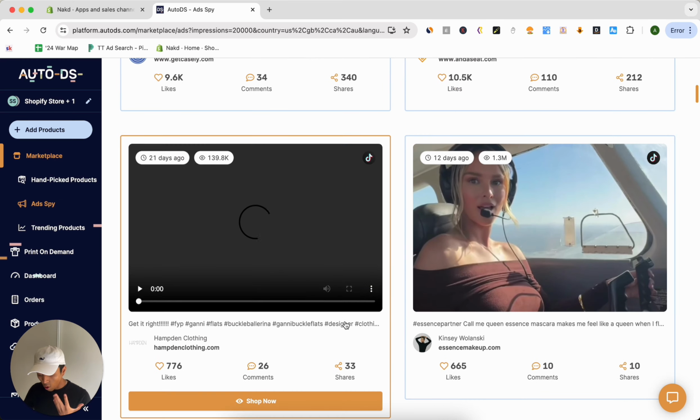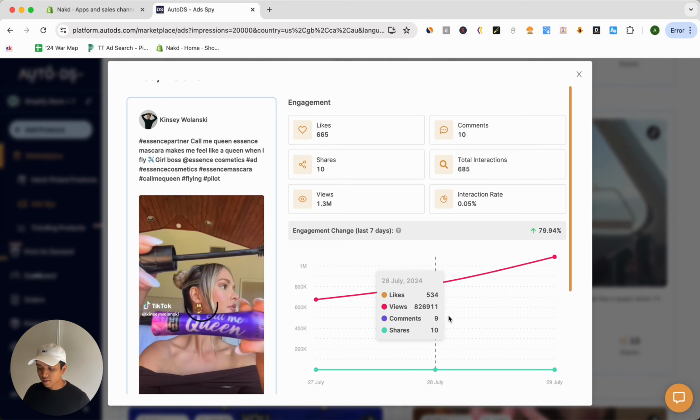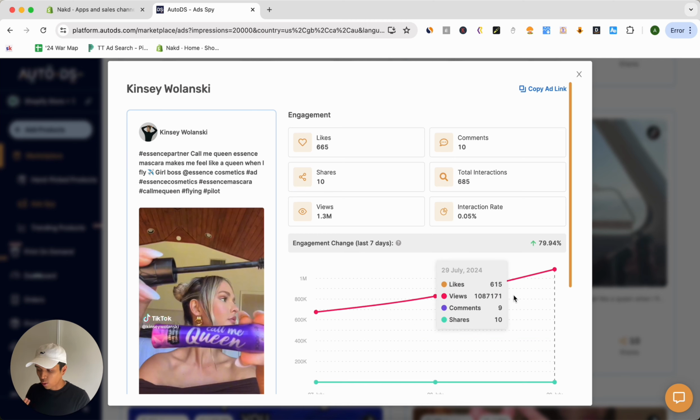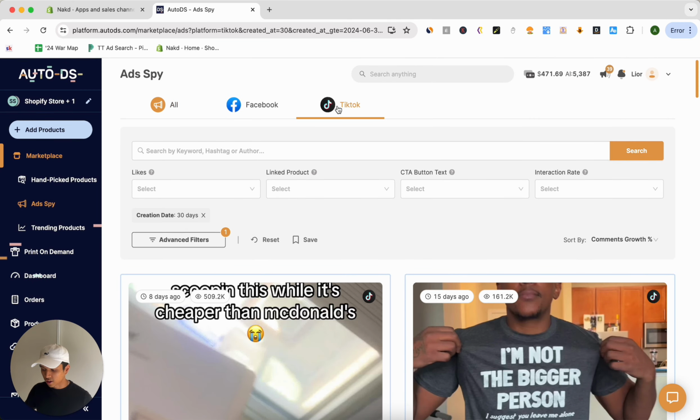And if you are using a proven criteria and you know what products to look for, just by clicking in, and if you have that criteria and checklist in your mind, AutoDS is very good at giving you all the data that's relevant to determining whether or not you should actually run that product. So I'm gonna go ahead and show you now how to use the TikTok function on its own,